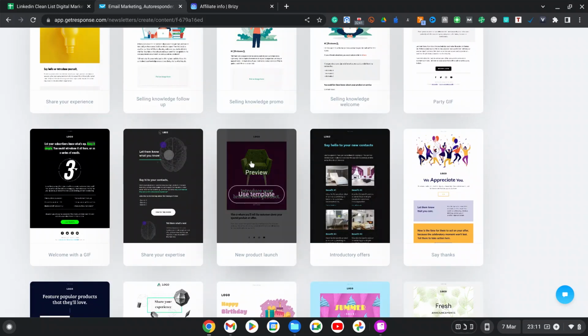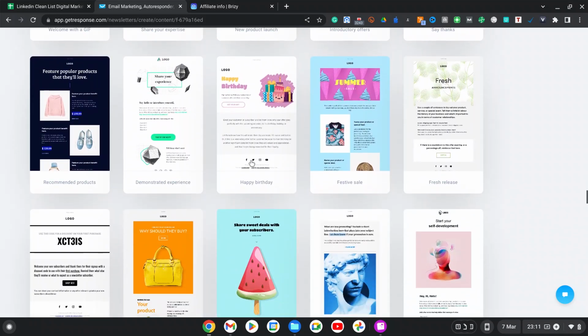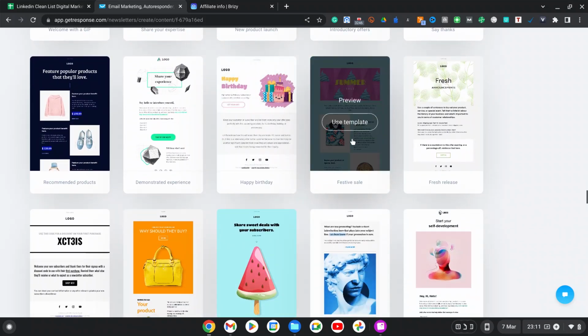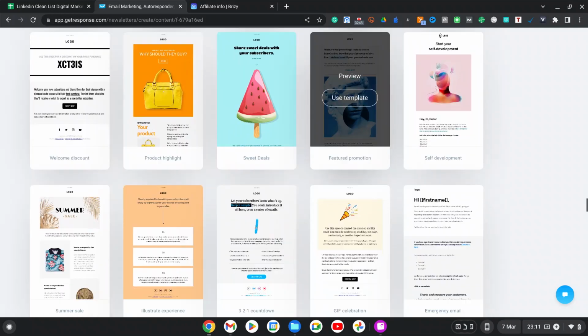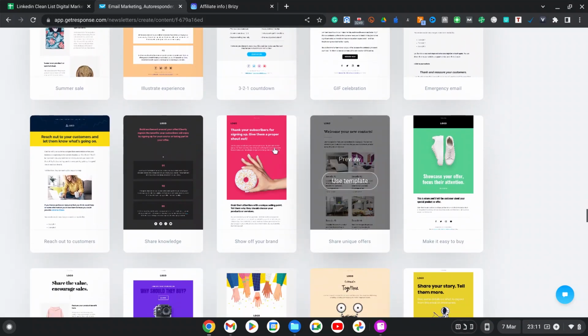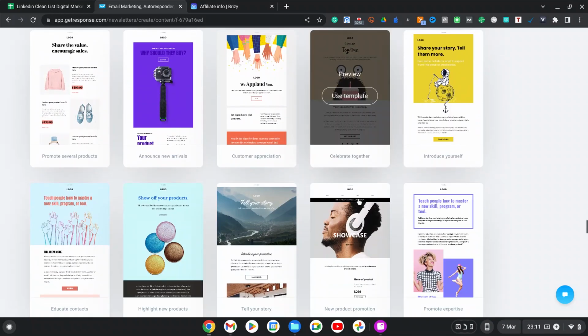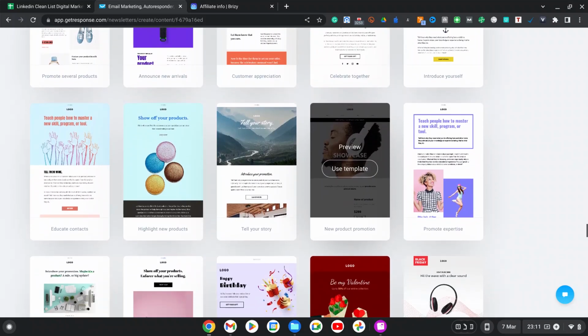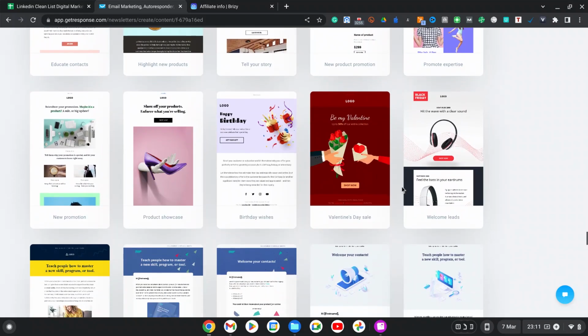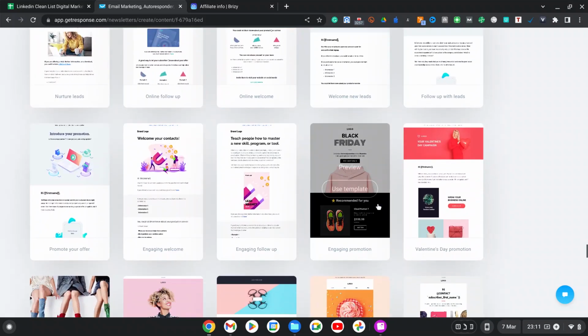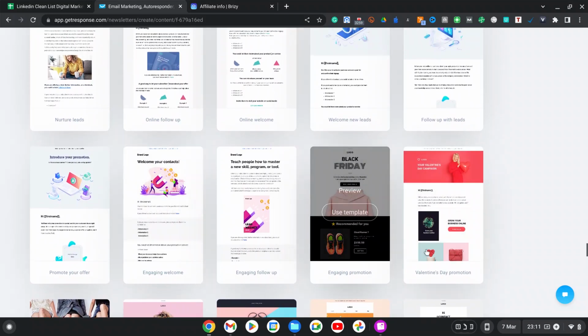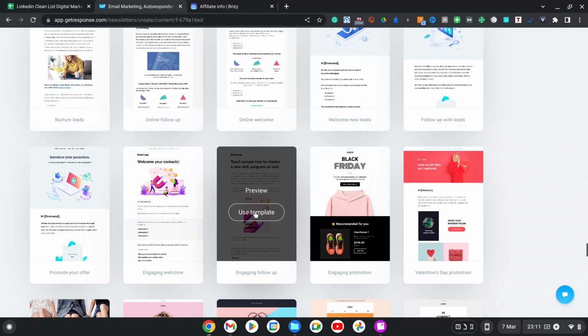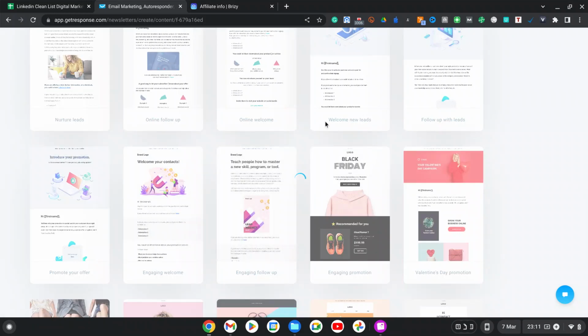And believe it or not, you can do that. 100% you can do that. With not a lot of skill and not a lot of money, you can do it on a low budget. You can do it for free. Essentially, you can actually start for free. Now, I'm unsure of which kind of template to take, so I'm gonna go for this one here. So we'll just use this template,